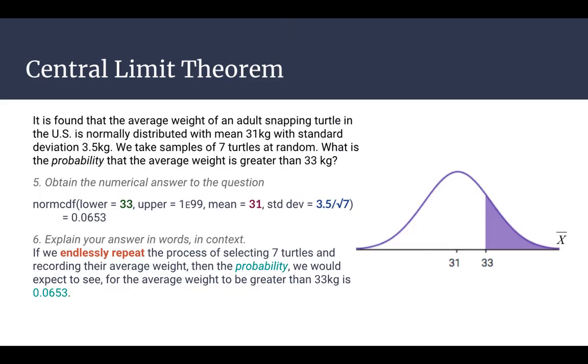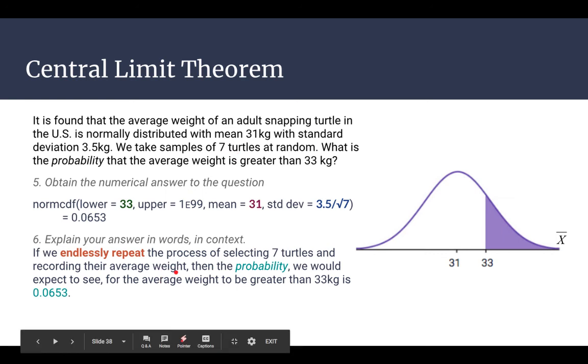So to plug that in, it would look something like this. If we endlessly repeat the process of selecting 7 turtles and recording their average weight, then the probability we would expect to see for the average weight to be greater than 33 kilograms is 0.0653. So I'm saying we have the sample size 7, we are sampling turtles, we are recording the average weight